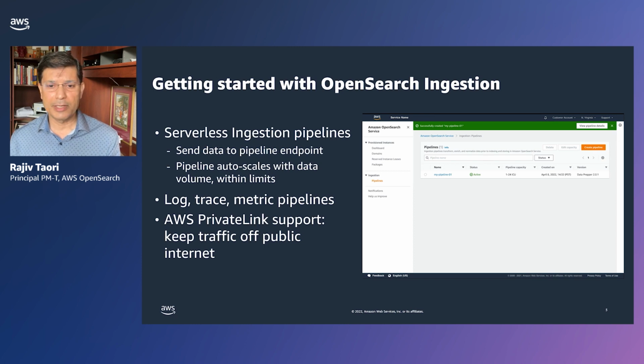Now, these pipelines, as I mentioned, support log, trace, and metric data, and they can be used to route data to one or more of the OpenSearch domains that you've configured within the account. With that, I'd love for you to give it a try and see how you can take advantage of this feature,